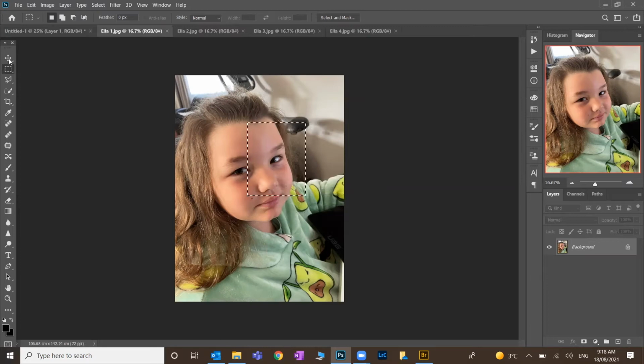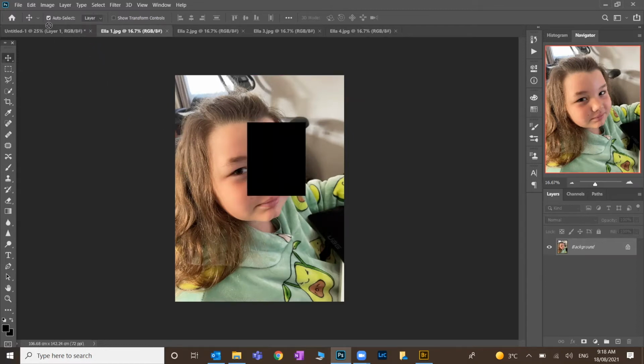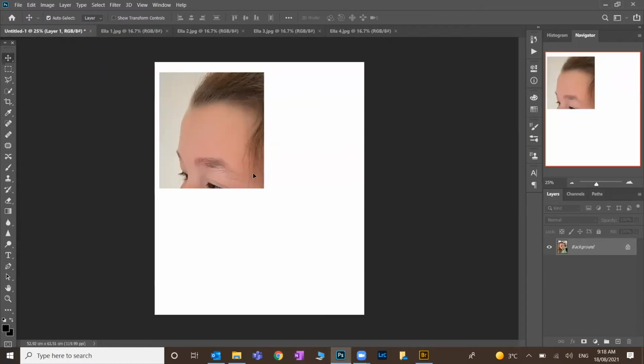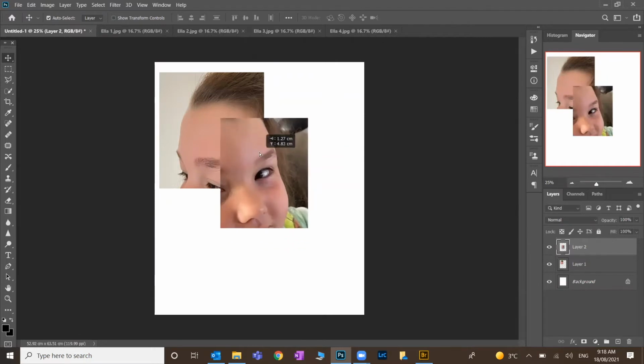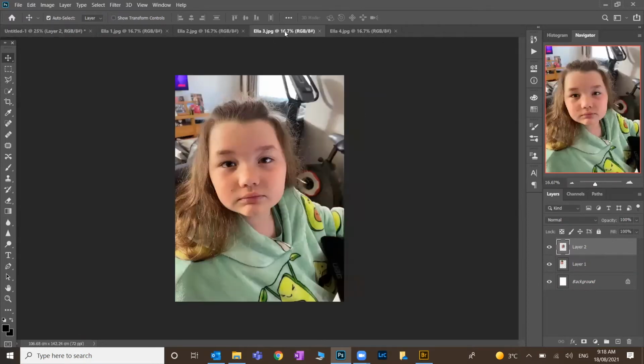That section, click on the move tool, which is M, left click, drag, pull across to the other image, and release. So I'm just going to start to put together a portrait using this technique. You can use big sections, small sections. I'm just going to take the eye in this one, move tool,